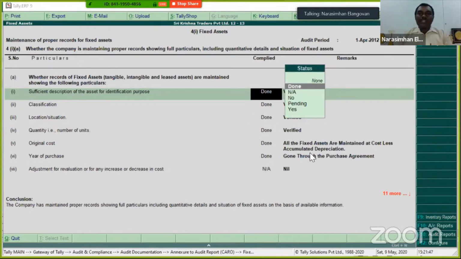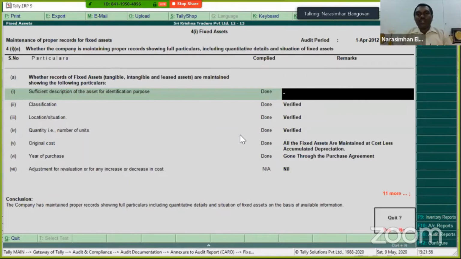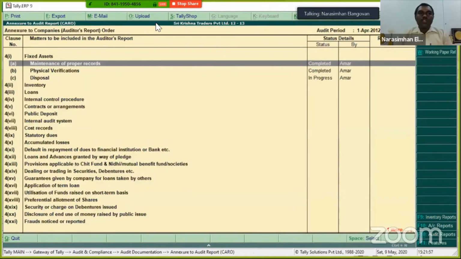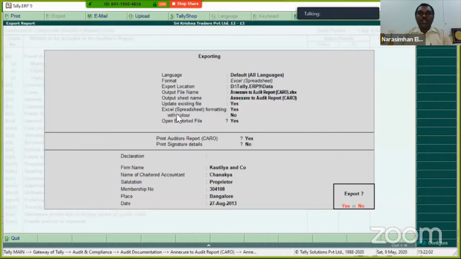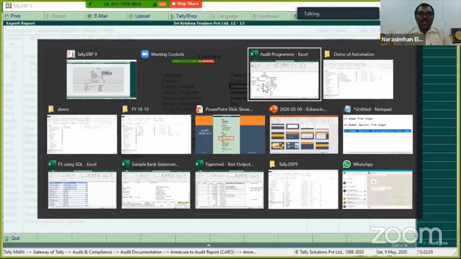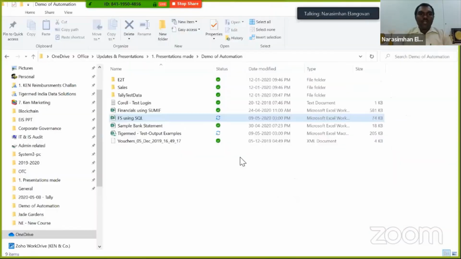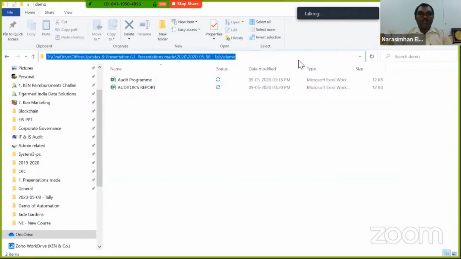Now, some people saying, sir, can I take this work paper and customize in some other software? You have all possible options available. The question is only how you want to use it at the end of it. Okay, so this also you can export it. Let me see whether I have that folder ready. Yes.